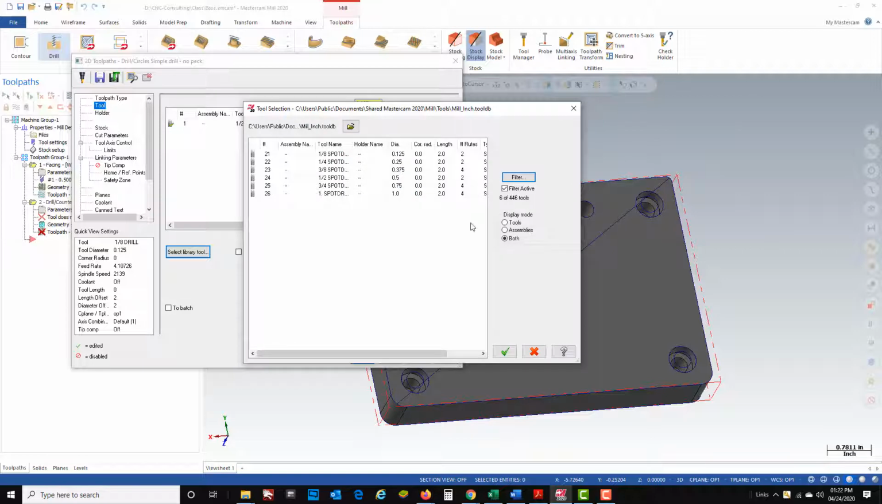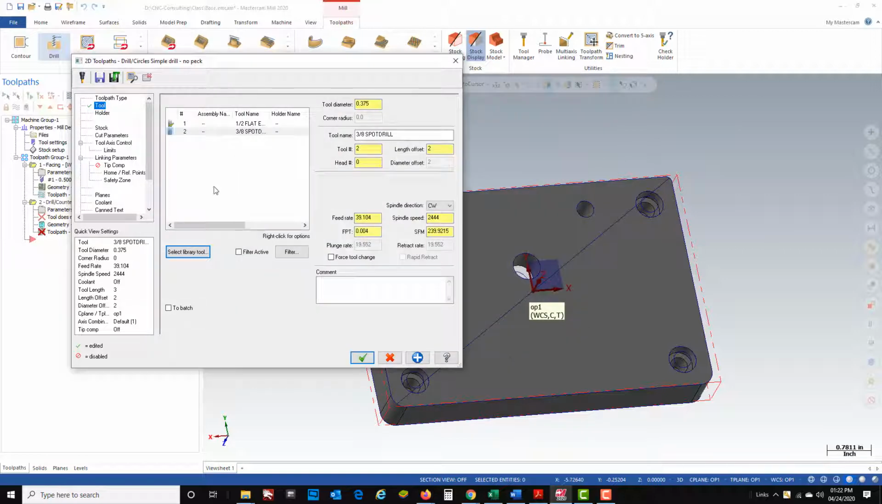Green check, turns all my spot drills on. I'm going to use a 3/8 spot drill. Green check, you can see now tool number 2 is a 3/8 spot drill. Same thing, I'm going to run this at 5,000 RPM